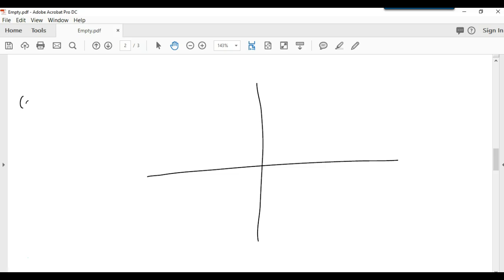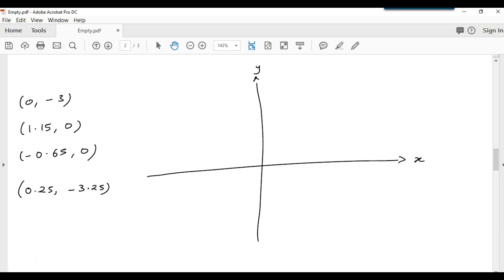The y-intercept was 0, minus 3, the x-intercepts were 1.15, 0 and negative 0.65, 0, and the turning point was 0.25, comma, negative 3.25. So let's sketch this quadratic function, marking my y-intercept 0, negative 3, my x-intercepts